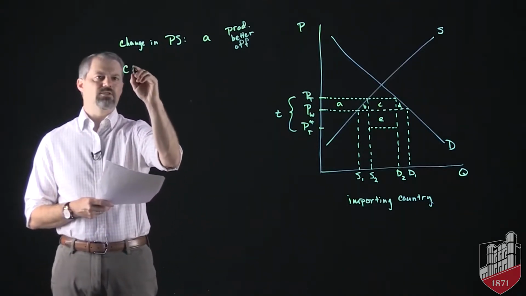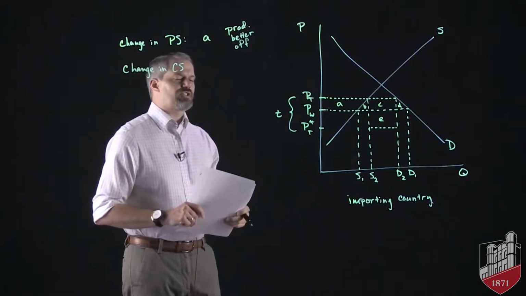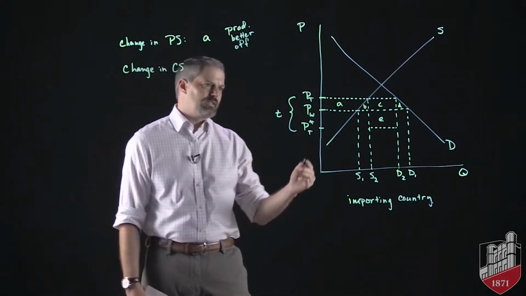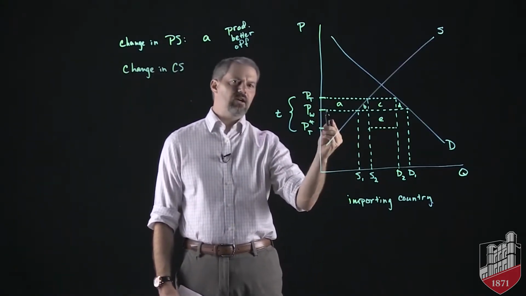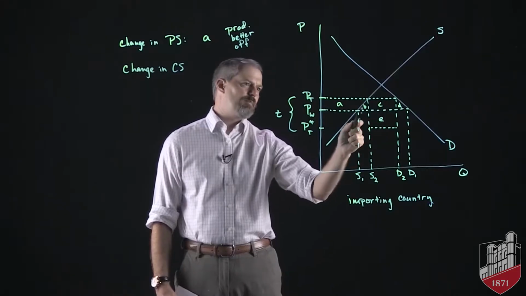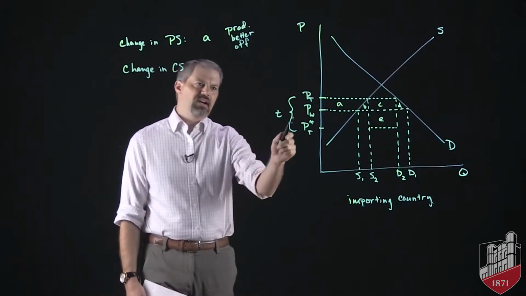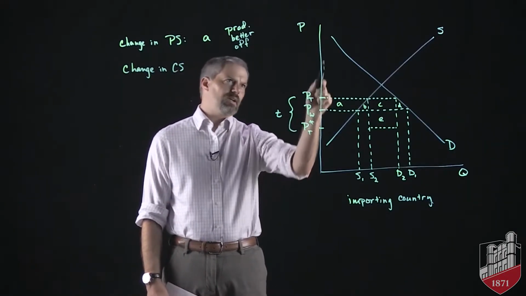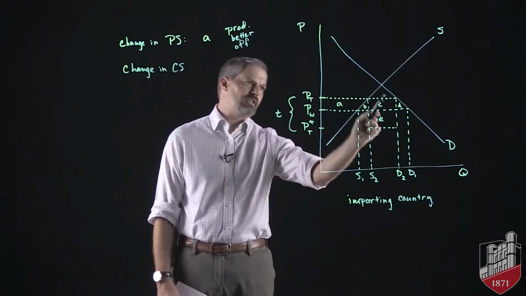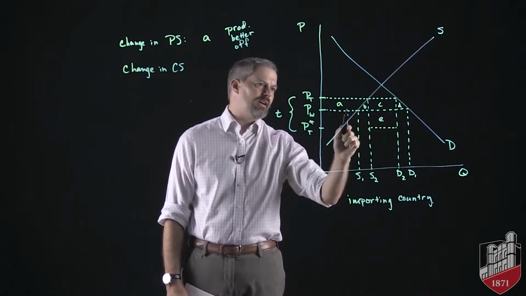Let's talk about the change in consumer surplus. If we look at consumer surplus before the tariff was imposed, that's the area under the demand curve and above the price. Here's the price. So the area under the demand curve and above the price would be all of this area under the demand curve all the way out to here and above the price, PW. Once the price gets driven up by the tariff up to this point, consumer surplus is going to fall to this smaller triangle. So the loss in consumer surplus is going to be this chunk right down here, A plus B plus C